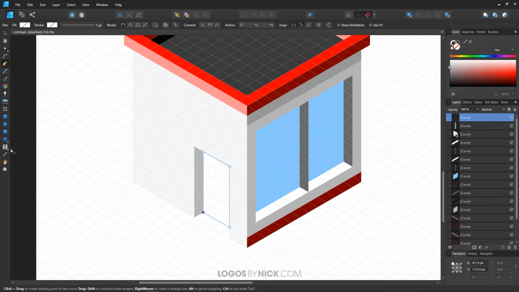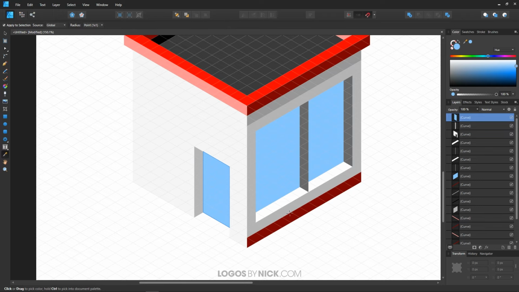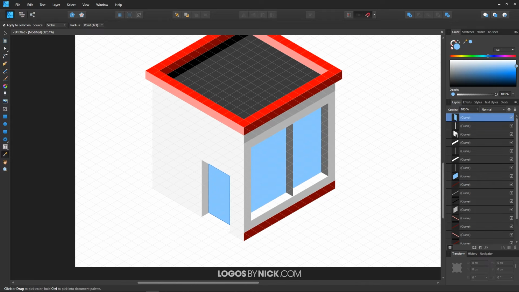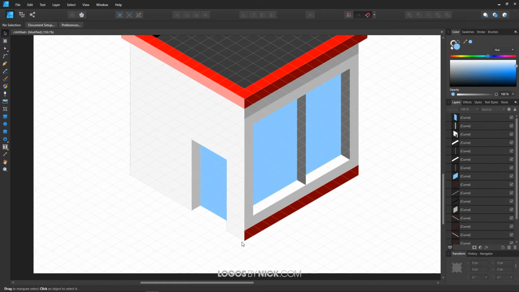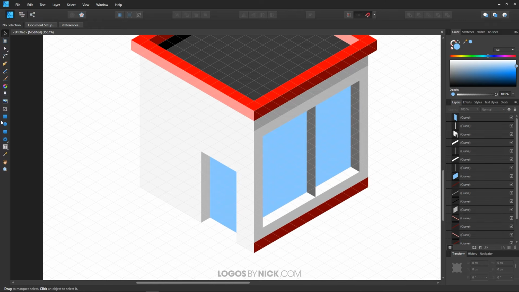And again, we're going to grab our dropper tool or just press I on the keyboard and make that the same color like that. And now what I want to do is add a border going along the bottom of this side of the building, just like I did over here. So let me actually need the pen tool for that. Press P on the keyboard to get the pen tool. Create a shape right here